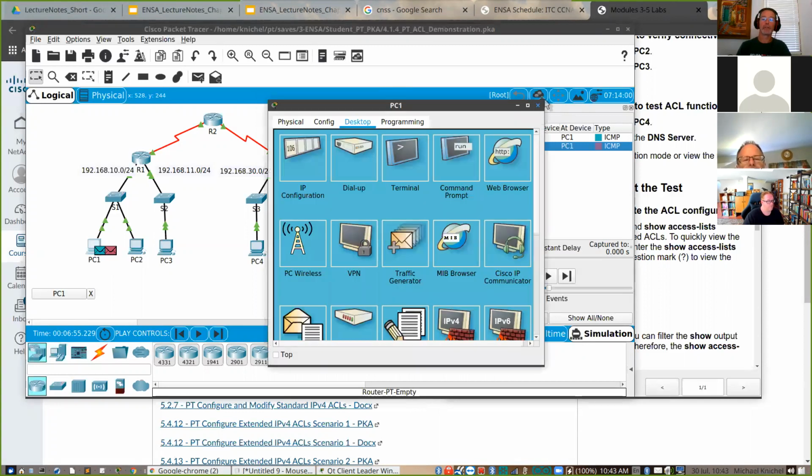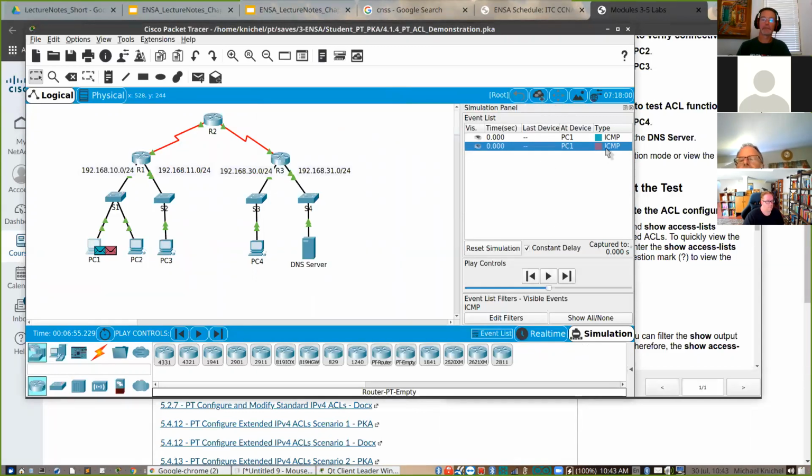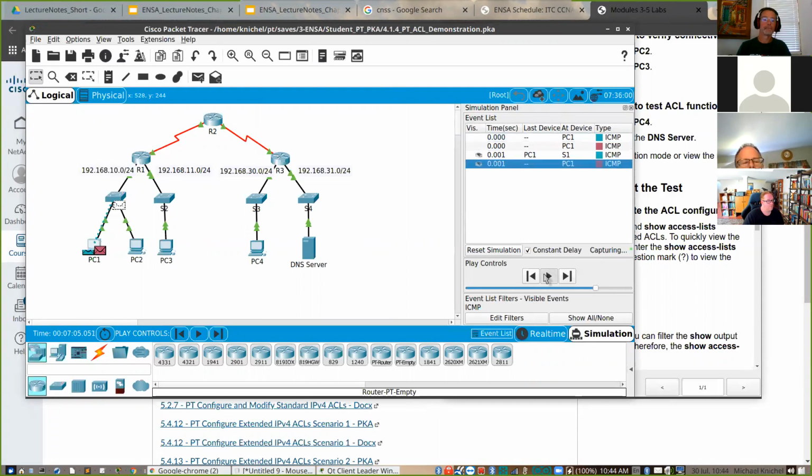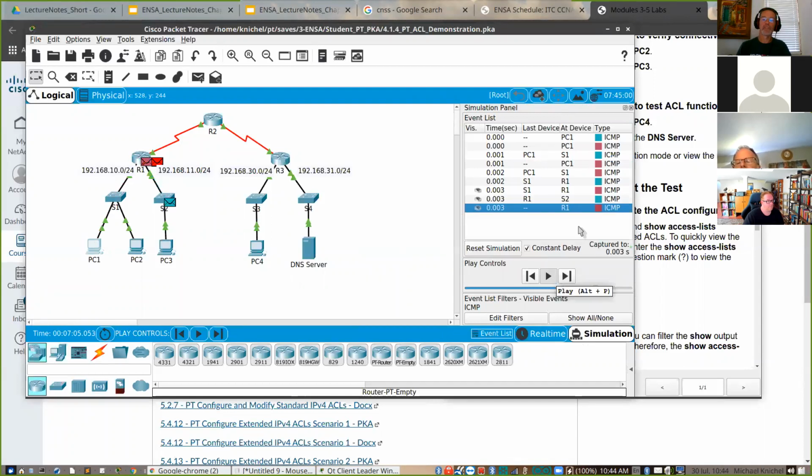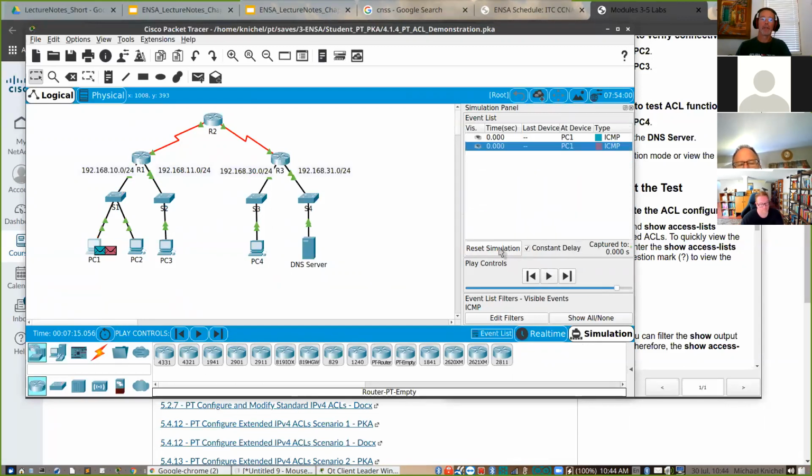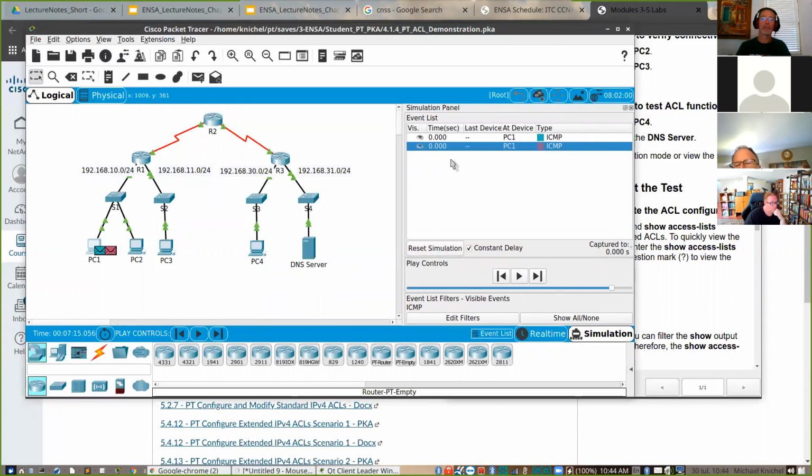On this, I'm going to reset it. That's interesting. Why are you there? I haven't asked you to do anything. This is all for the ping, the local one, so that's kind of crazy. So I'm going to reset this simulation. Come on. I want to clear the events. Where's the ability to clear the events?